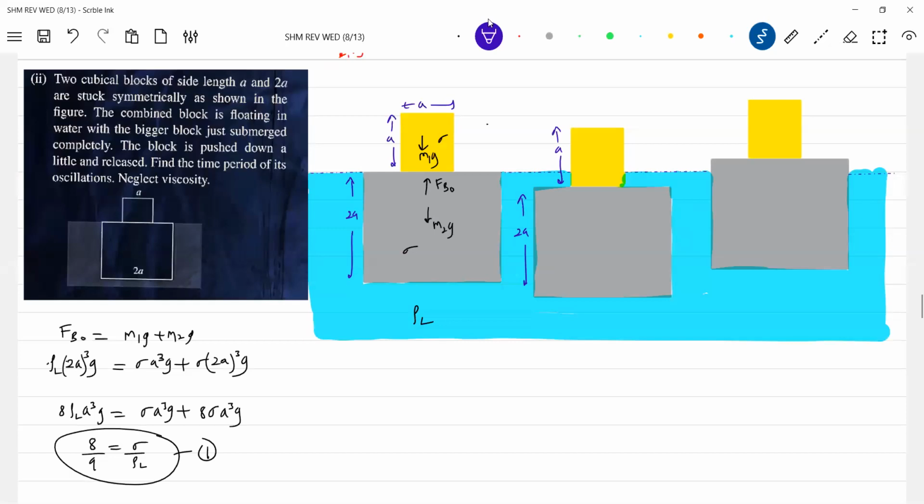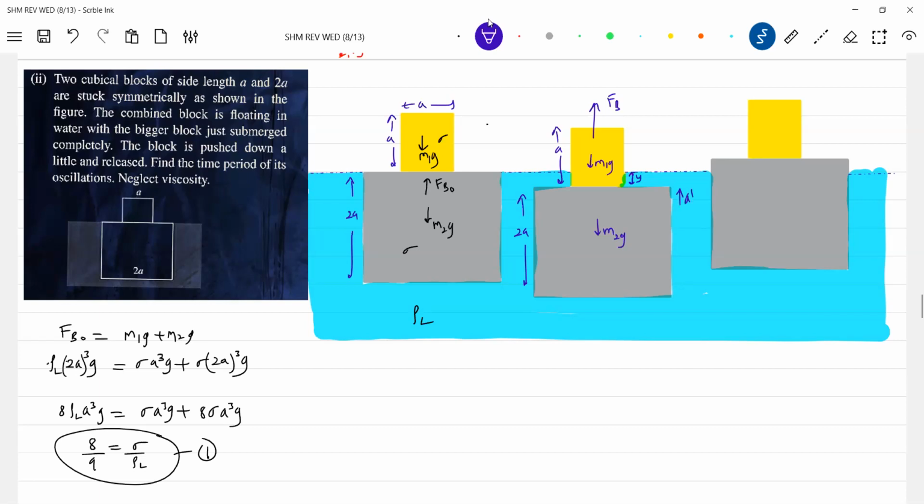No, it is slightly pressed here, no? So let it be y length, let it be inside. How much of additional buoyant force will come? Shall I say only this much is additional buoyant force? No, the same, the weight as usual, they'll act here. M1 g. No, the additional buoyant force that is acting will be FB. Earlier I wrote FB naught, let it be FB naught. Net acceleration will be upward.